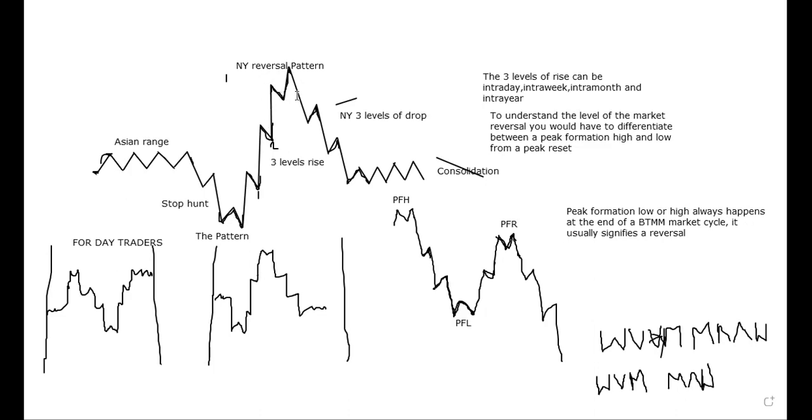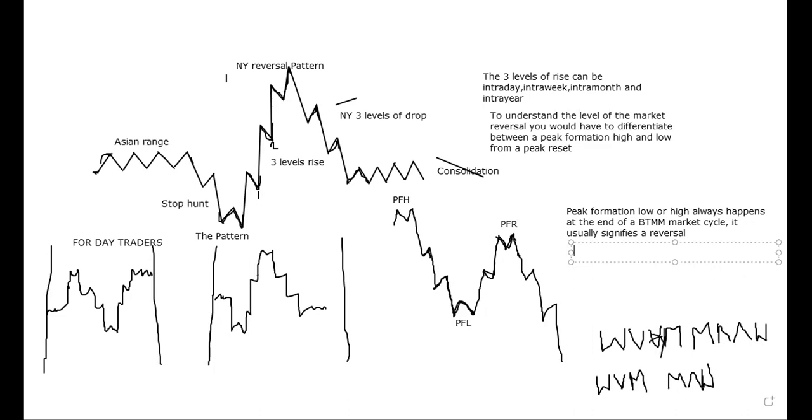Then you have another levels of drop, 1, 2, then 3. Are you getting what I'm saying? So this is a typical BTMM market cycle. Okay, you want to understand that. So when you see a typical peak formation high or low, then you know that it's signifying a reversal. Okay, why